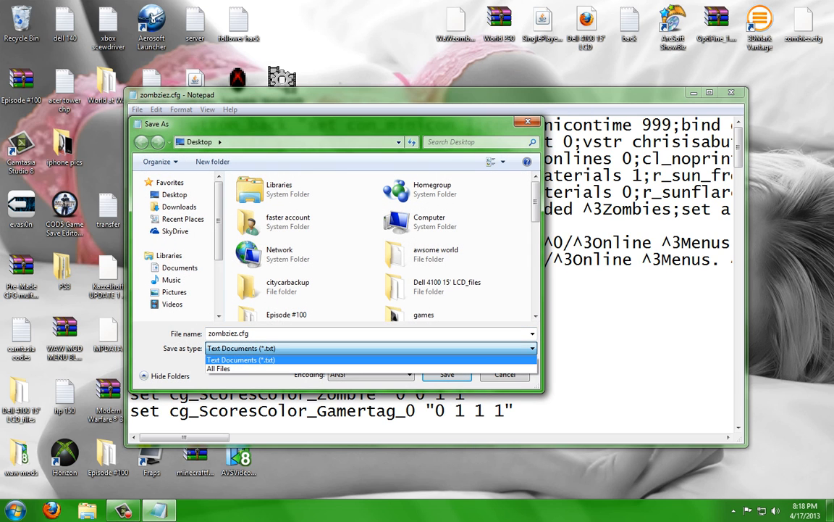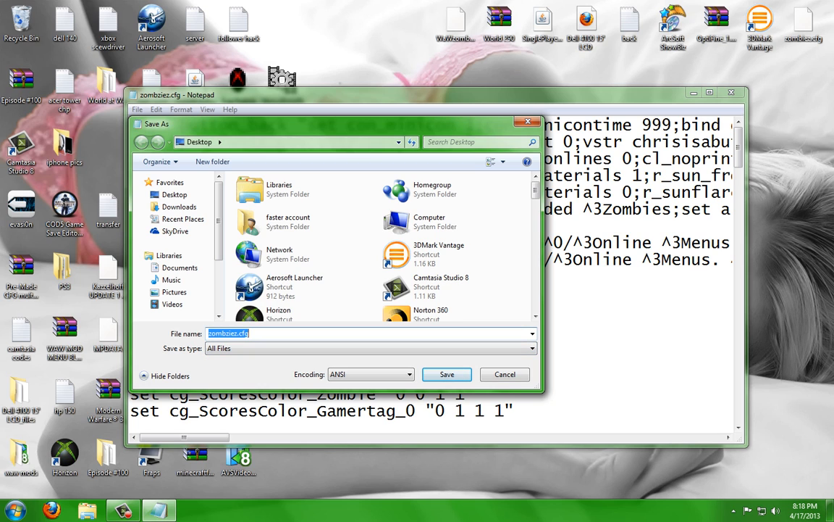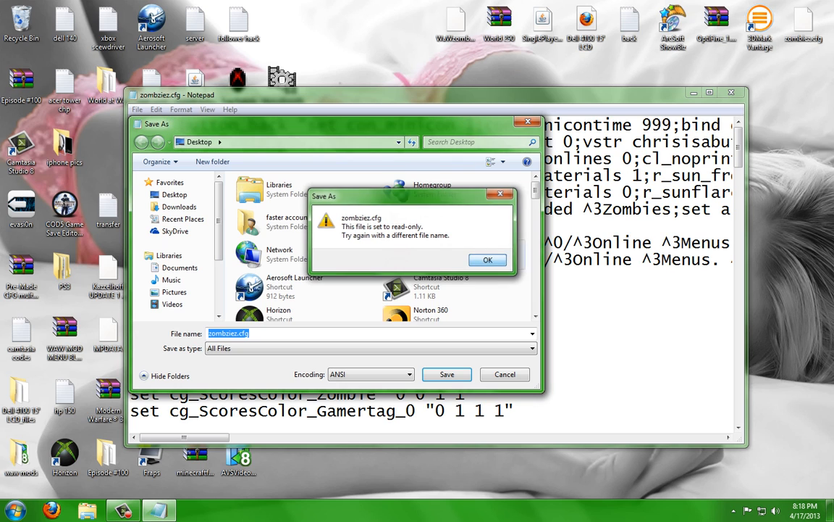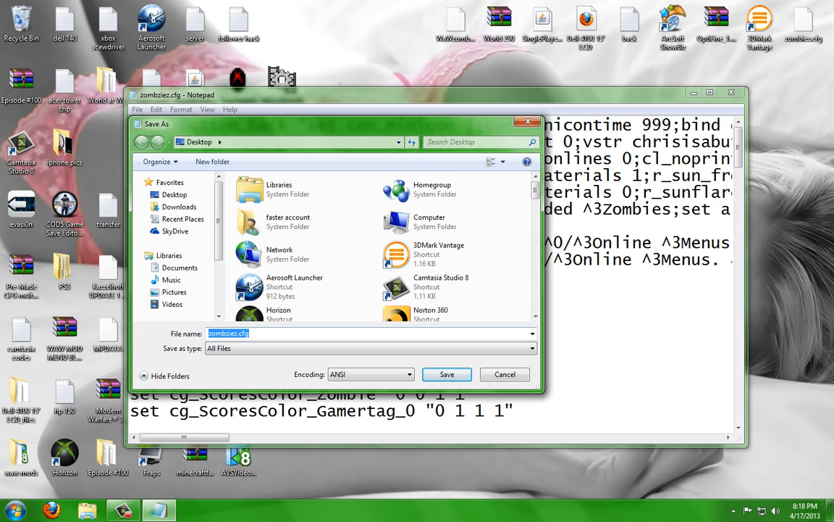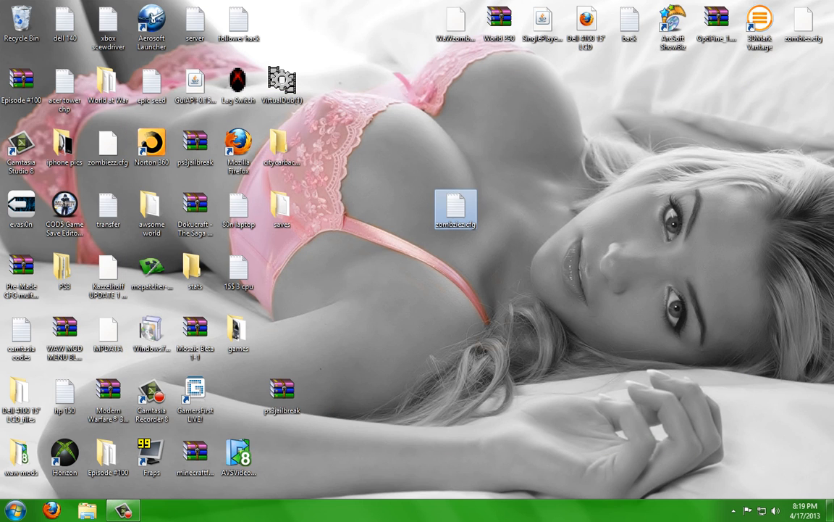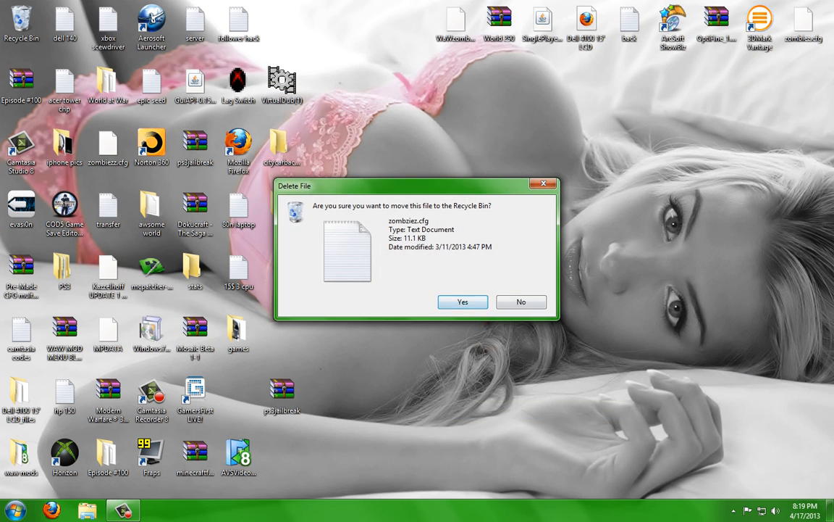And then you want to click Save As Type, All Files. You want to make it whatever you want, and then .cfg. You want to hit Save. And then it should save it to your desktop, but here, let me just change my name. Zombies CFG, and I hit save. Then it should save it to my desktop, and then once that's done, you want to delete this, and you'll